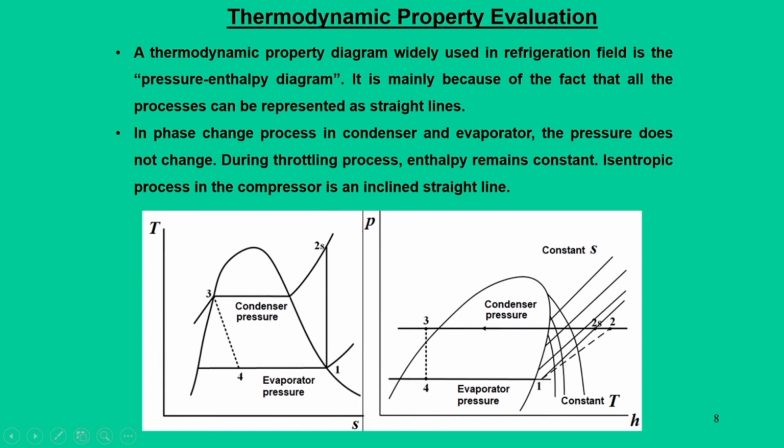Considering these aspects, there are two important property diagrams that are explained here. One is the temperature entropy diagram, which is also very common in all our thermodynamic study. Apart from that, another diagram that becomes very important for a refrigeration system is the pressure enthalpy diagram. So, we will try to say what is the significance, or why these diagrams are more important. First thing